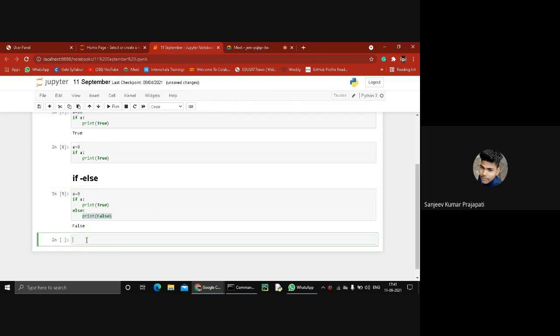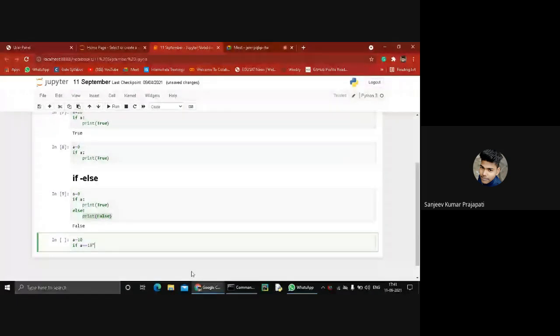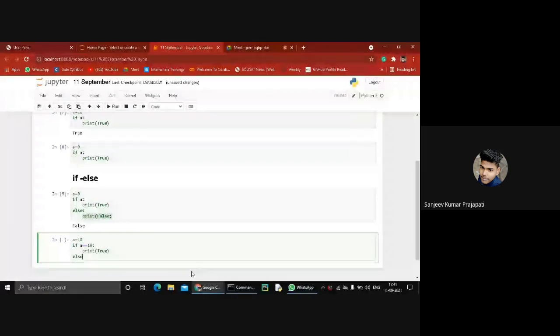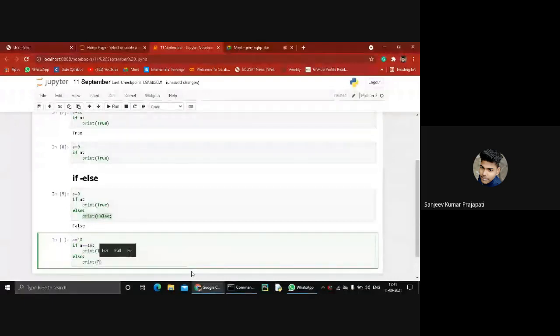I give you more examples like a equal to 10, and the condition is if a equal to 10, then print true, and else print false.